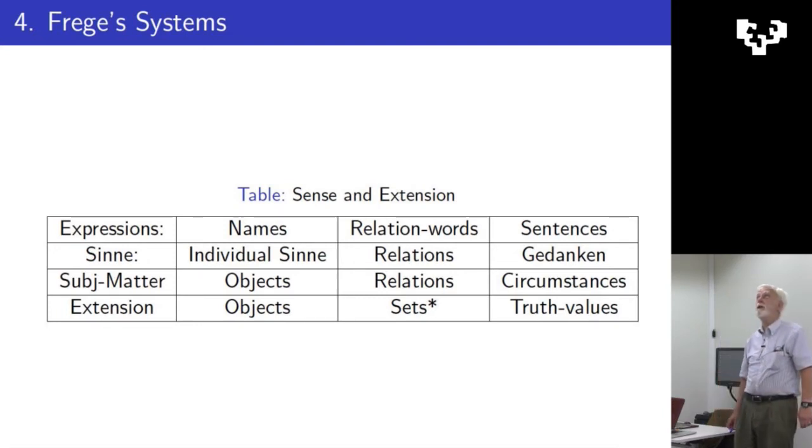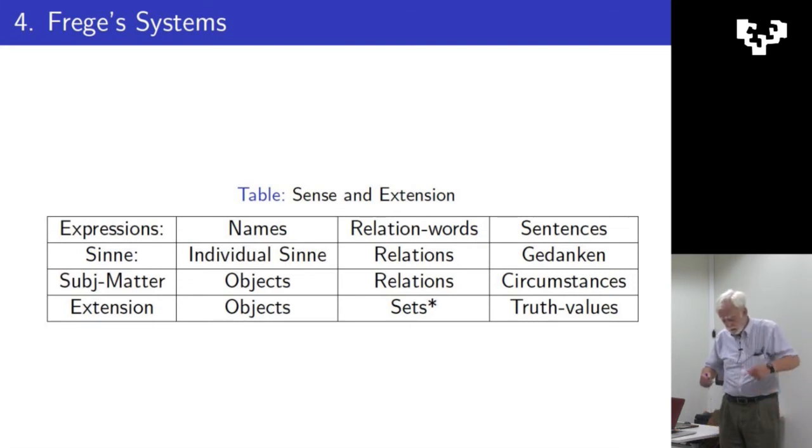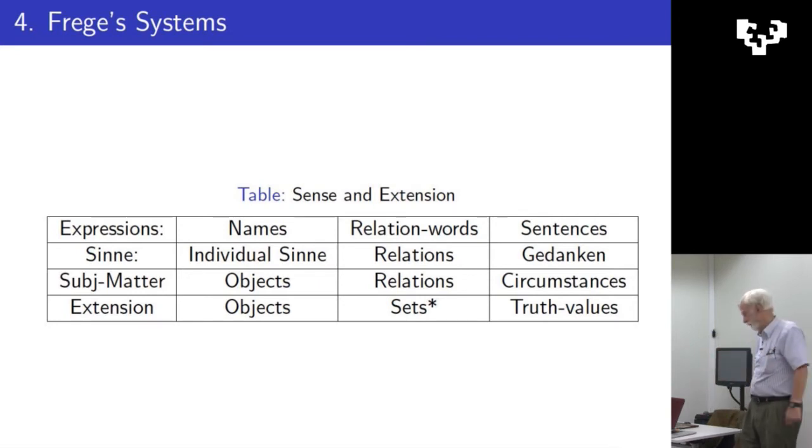He says on function and concept, I'm adopting an extensionless program in logic, but the level of sense gives intensionless logicians everything they need. Concepts are at the level of sense. Now this led people to think, well, he didn't make the sense reference distinction for concepts, but he did. The sense of a concept is the property that you might associate with the concept, and the reference is the extension. So he does make the distinction.